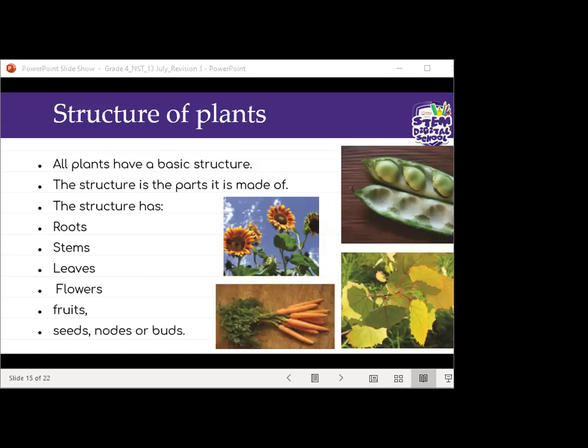Yes. The stem comes from the roots. Okay, and what does it do? What does it help the plant with? It helps the plant to stand straight. All right, so it supports the leaves, flowers, as well as the fruit. Okay, thank you very much, Jordan. You're welcome. All right. So Jordan says that it helps the plant to stand straight, and as I said, it also supports the leaves, flowers, as well as fruit, and it carries nutrients and water from the roots to other parts of the plant.